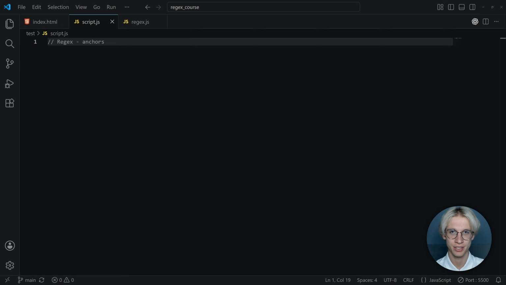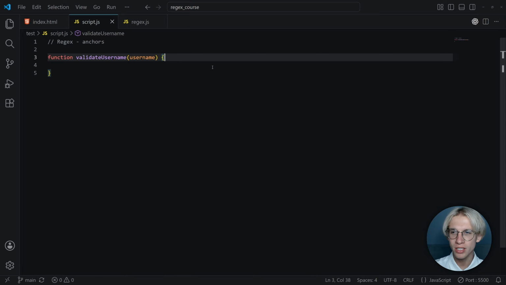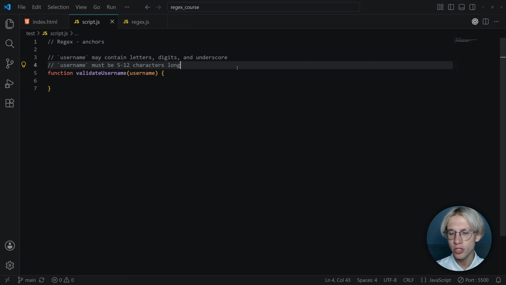Anchors in Regex. Let's continue learning about Regex by solving these code challenges. In this code challenge, you will need to implement the function validate username that expects one parameter username. Username may contain letters, digits, and underscore, and username must be within 5 to 12 characters long, and both these